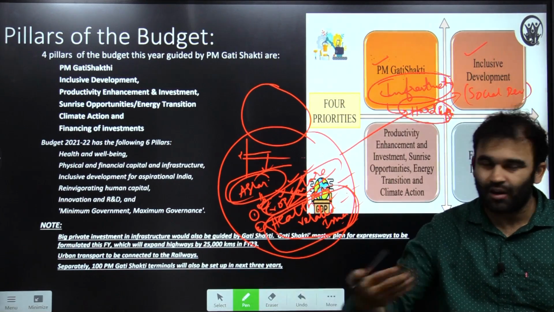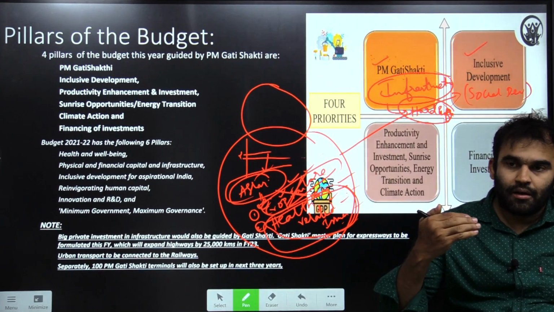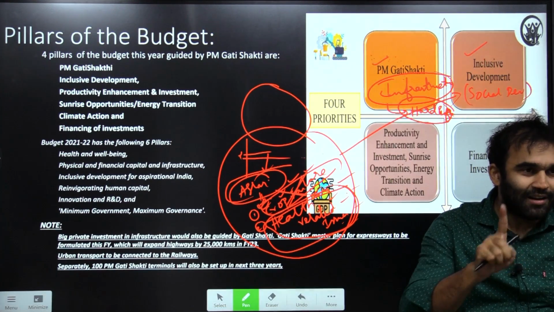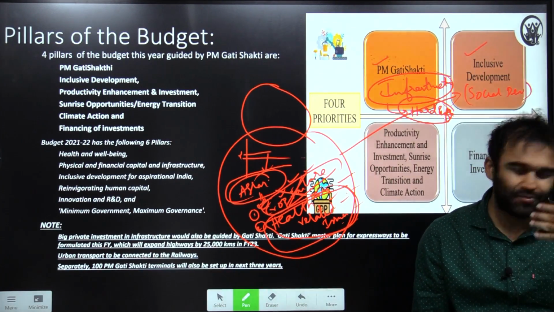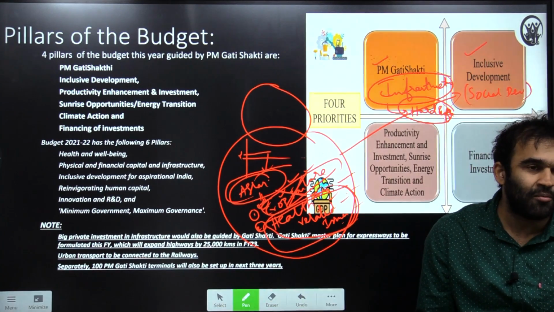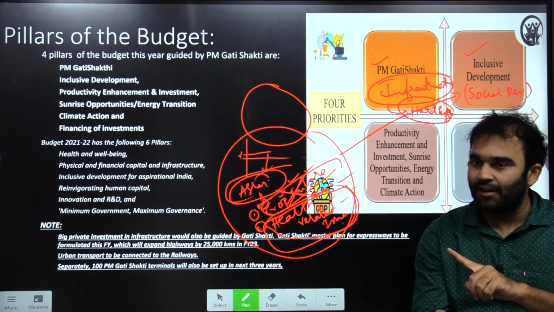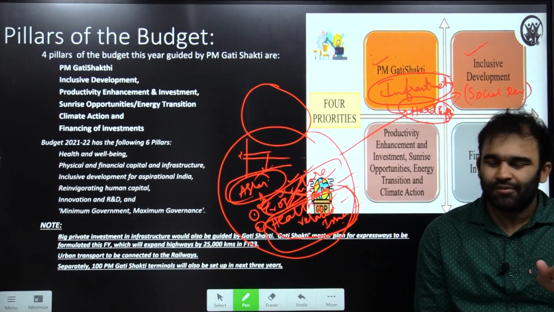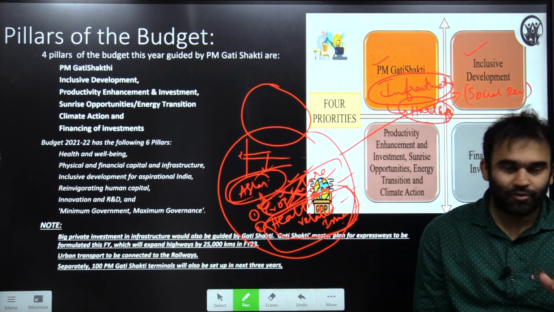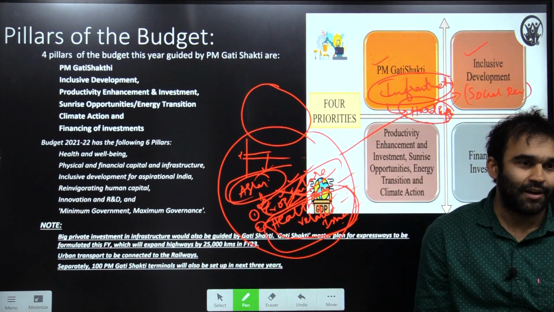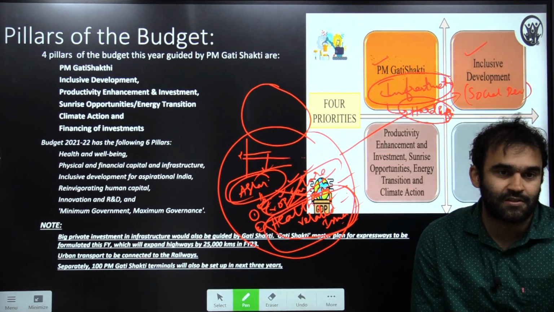But starting now that COVID has almost gone, I'm not mentioning K-shaped recovery, but I'll focus on that also. Now the tables have turned. Because of many measures, it may be the measures taken by the government or the nature of the economy itself, the poor are relatively in a better position. Of course, I'm not saying the poor are in a better position, but relatively, because they don't have anything to lose anymore. All of whatever they could lose, they have lost already. But now, the rich have started losing. That's the reason you are looking at a meltdown in the markets.